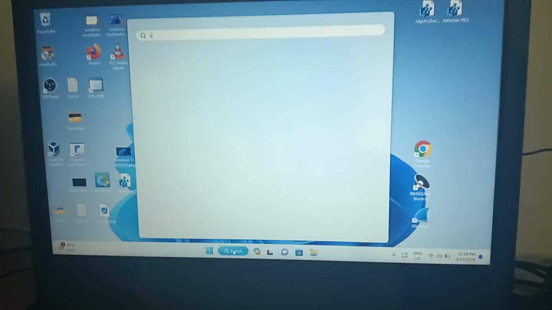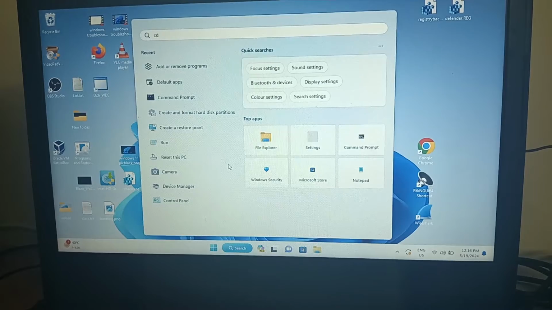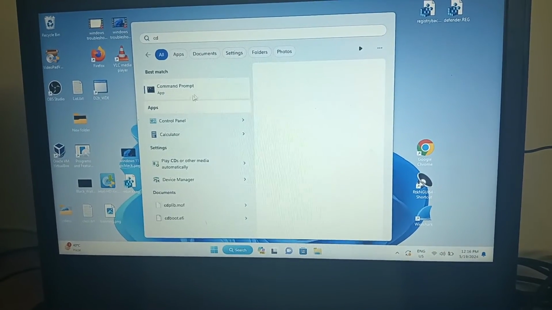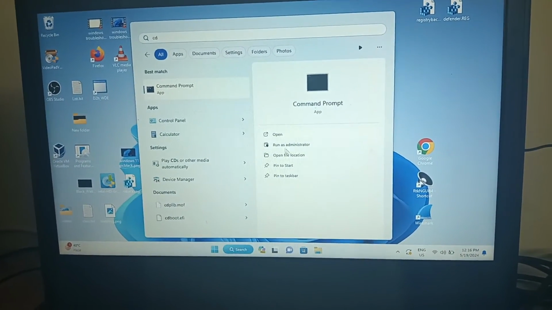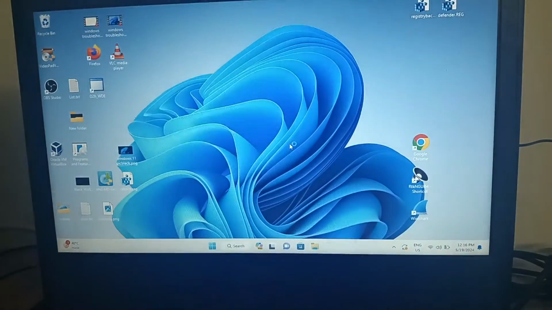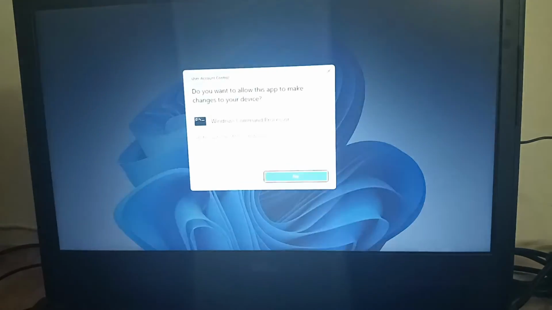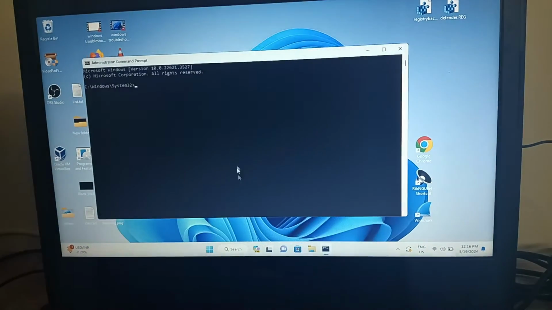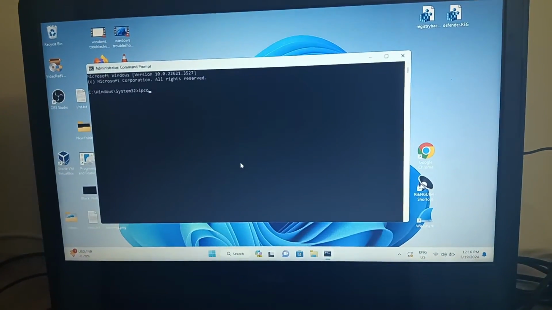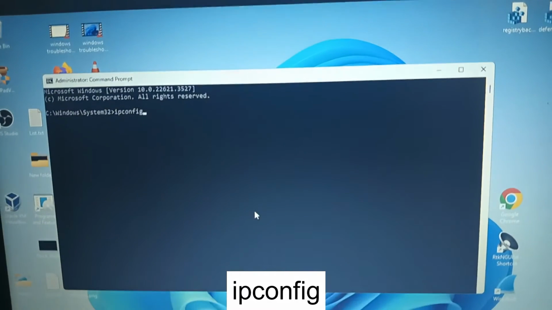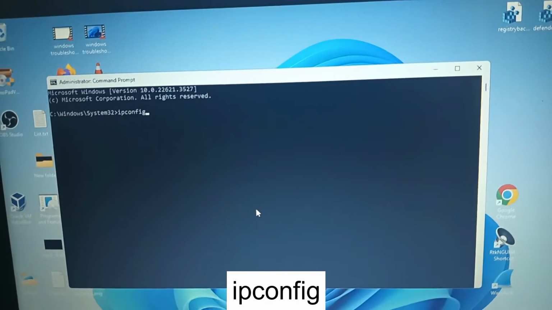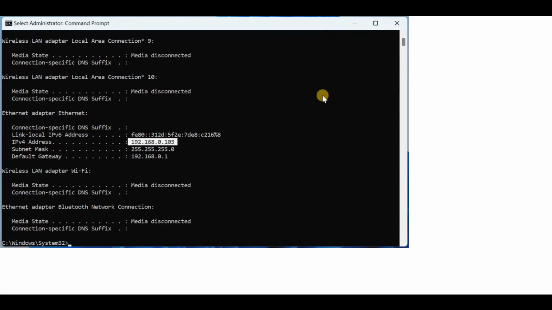Also we need to check the CMD. Open the CMD here and run as admin. We need to type here ipconfig and press enter. Now once you press enter, you need to look for the IP address here. So this is my IP address. You need to look for this IP address, or